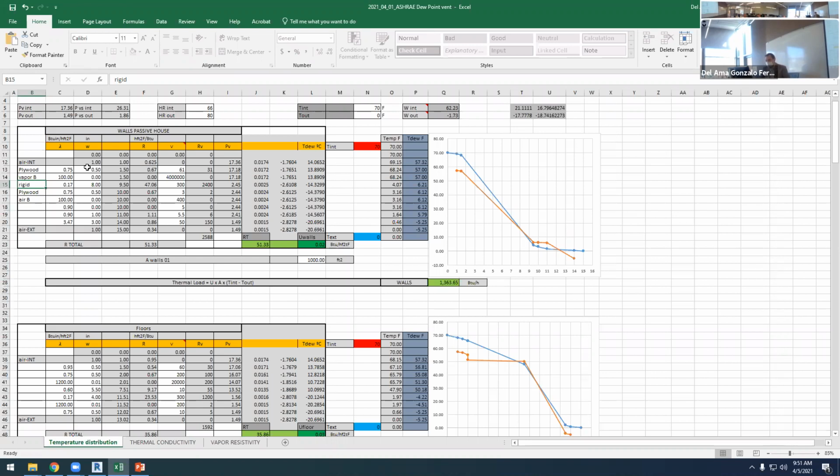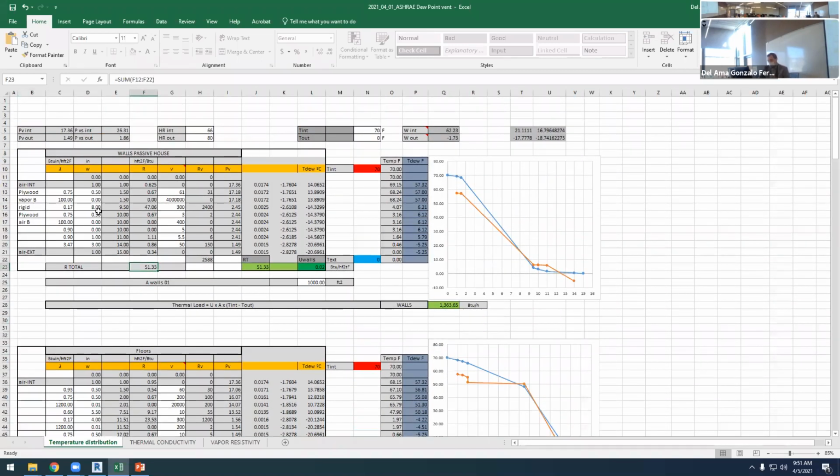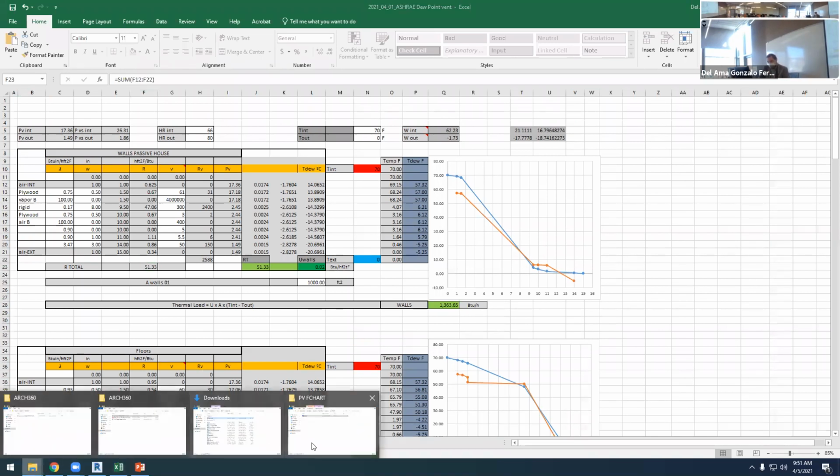So this is what you have to do. First, we have to meet the passive house standards. I think all of you know how to do that. We need to make this above 50 and the roof more than 80. So you know how to do that. But there is something else in this course, and we have to evaluate the condensation risk. And for example, I have seen some